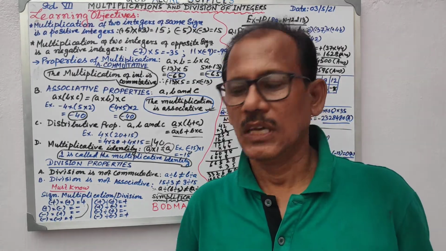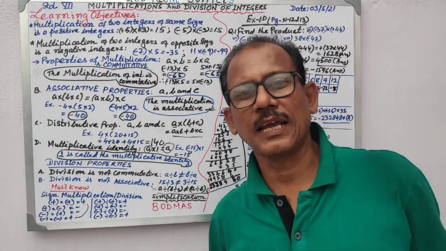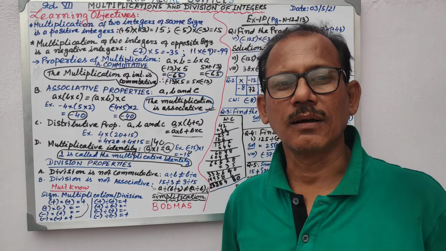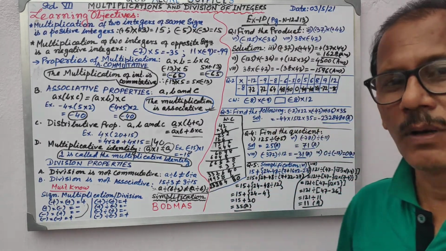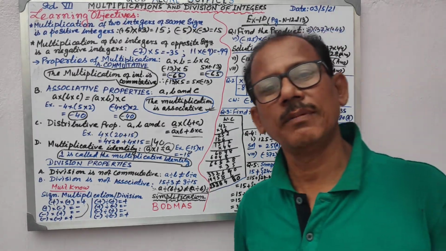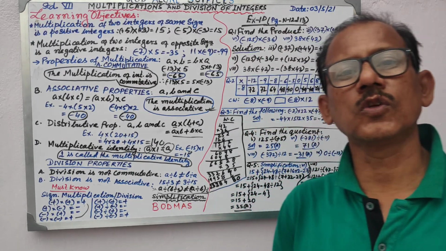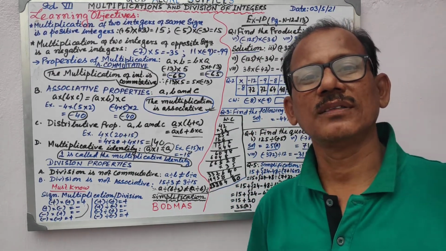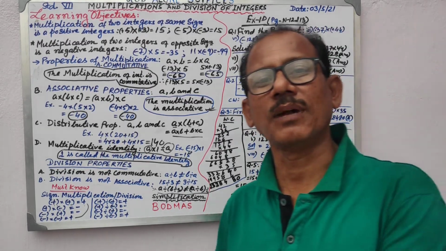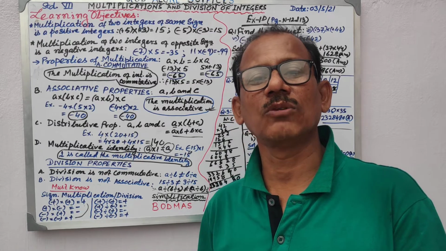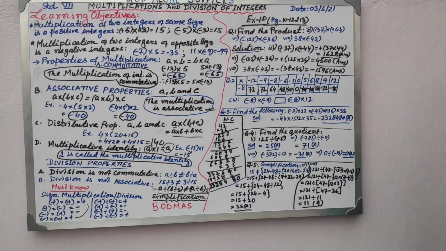In that case, what will you do? You will have to go in an order. The order is BODMAS. First, you will have to do bracket work. Among the brackets, first you do the bar bracket or the vinculum, then second the simple bracket, third the curly bracket, fourth the square bracket. Then follow of work, then division work, then multiplication work, then addition work, then subtraction work. This is the order. We will take some examples so that it will be clearer to you.